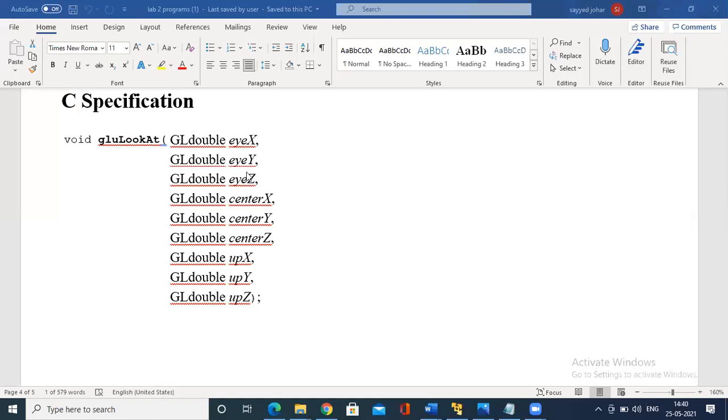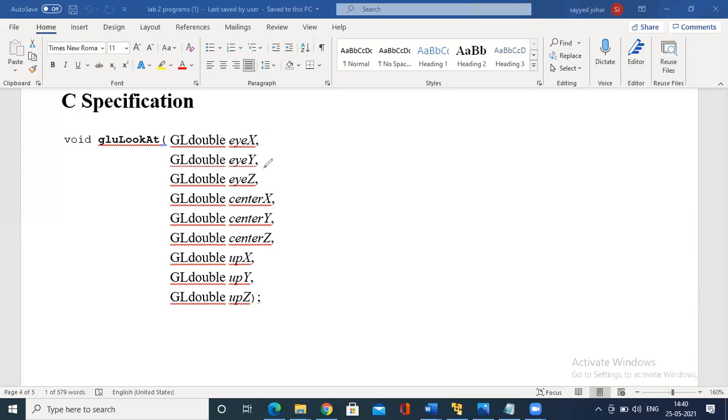Then center x, center y, center z, that is at the origin, 0, 0, 0. Then up x, up y, up z. Up x is 0, up y is 1, up z is 0. It is quite easy to remember.